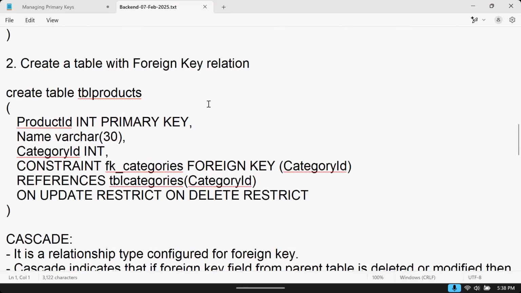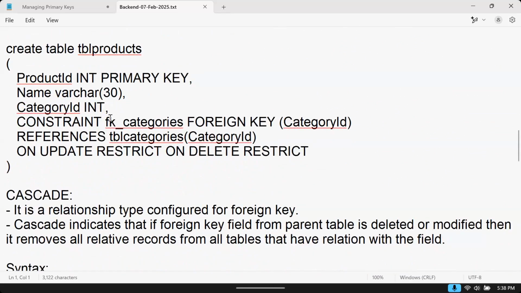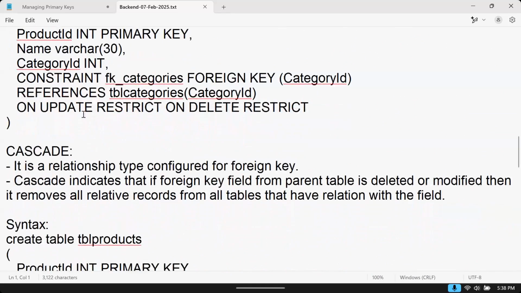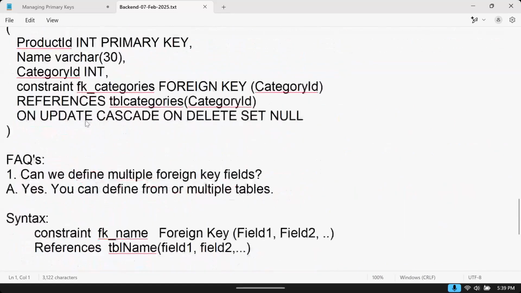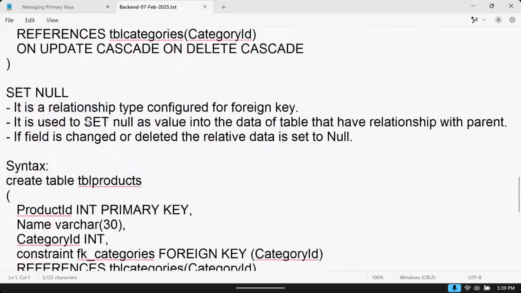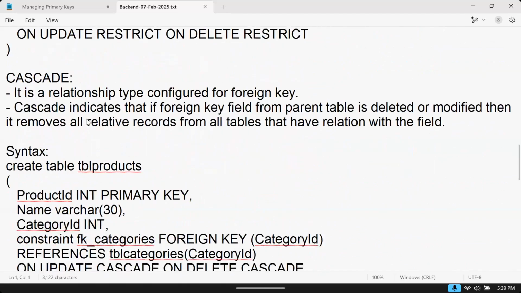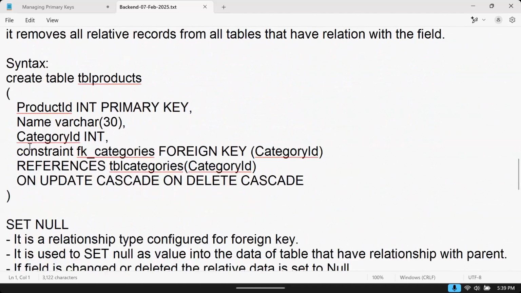That was our previous table. Because we already created that, I will just copy this. This we created with the cascade. Okay, right. This is the categories table on cascade. Here we have to use